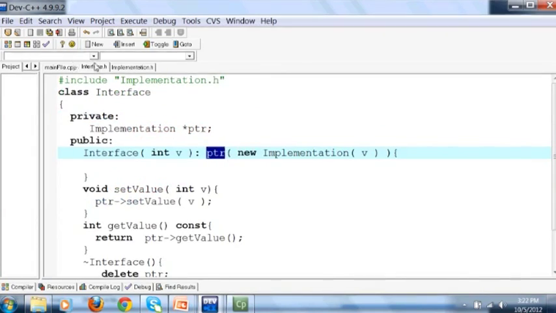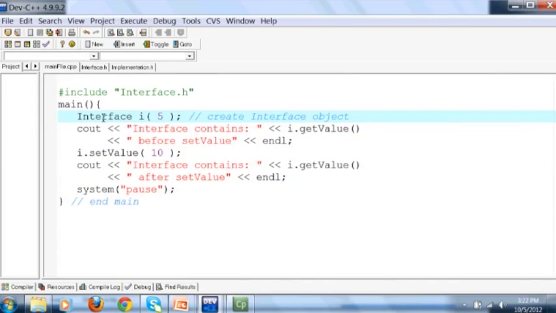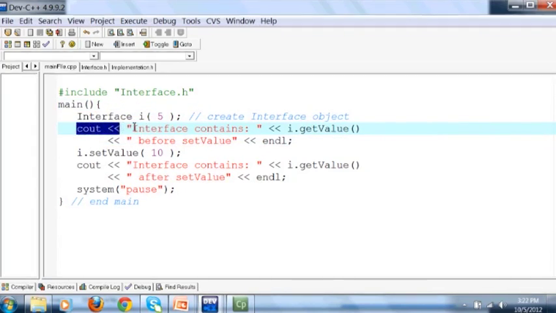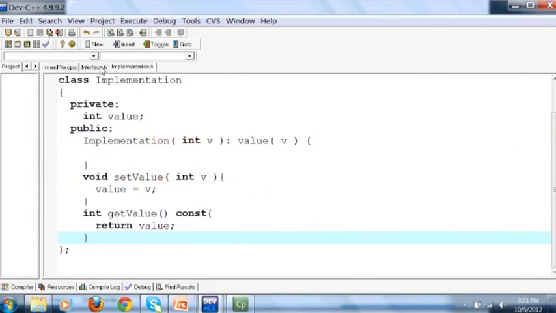So ptr object जो है वो उसमें pointer आ जाएगा. So interface का एक object बन जाएगा, और interface का object जो है it contains 4 bytes for the pointer ptr, and that pointer points to a memory where you have an object of implementation class. And then you can see cout interface contains i.getValue. So you call the function getValue with the object i of the interface class, and